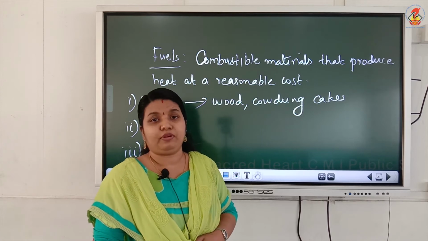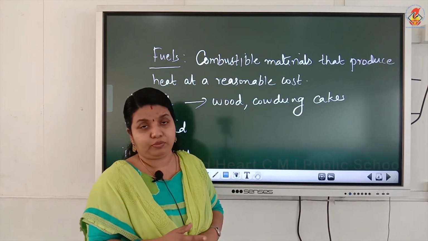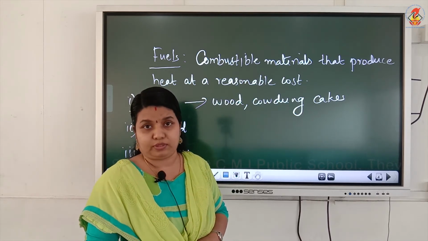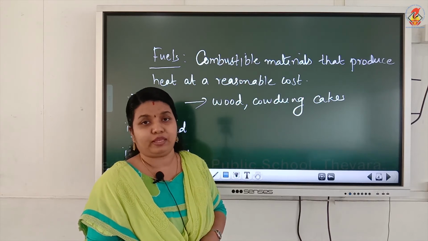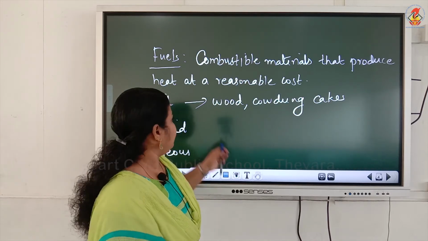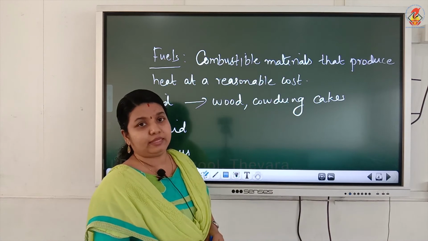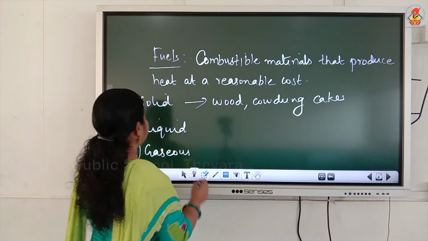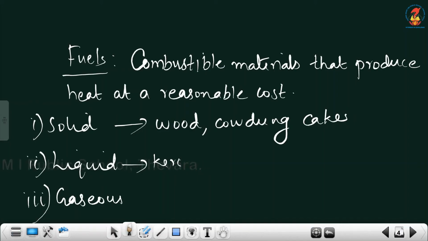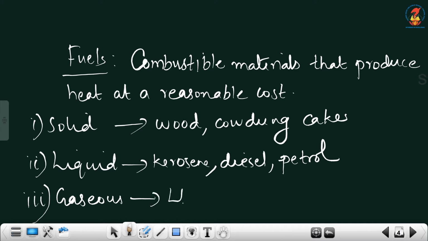That is used as a fuel for cooking food. The disadvantage is that a lot of smoke is released into the atmospheric air, thereby causing air pollution. So, wood and cow dung cakes are examples of solid fuels. Liquid fuels: kerosene, diesel, petrol. These are liquid fuels. Then gaseous fuels, as you know, LPG,